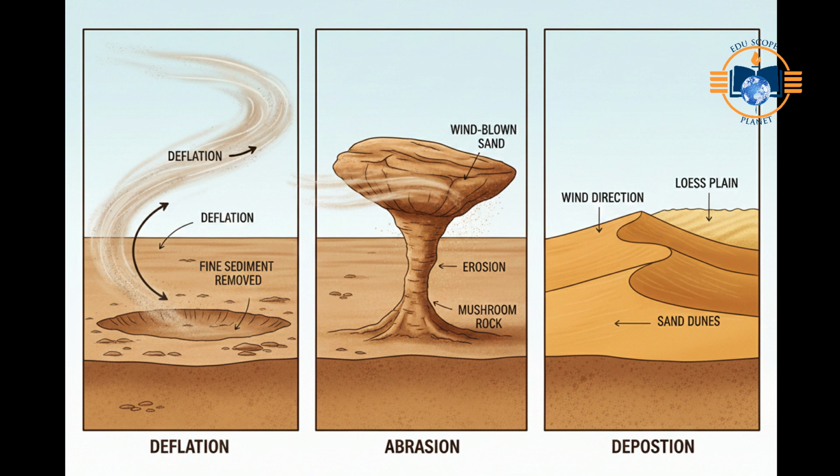Work of wind. Wind is a powerful agent of denudation in arid and semi-arid regions, especially deserts. Wind's work involves aeolian processes, eroding, transporting, and depositing sediment, especially in arid areas with little vegetation, shaping landscapes into features like dunes, mushroom rocks, and loess plains through deflation, abrasion, and attrition, significantly modifying Earth's surface in deserts and